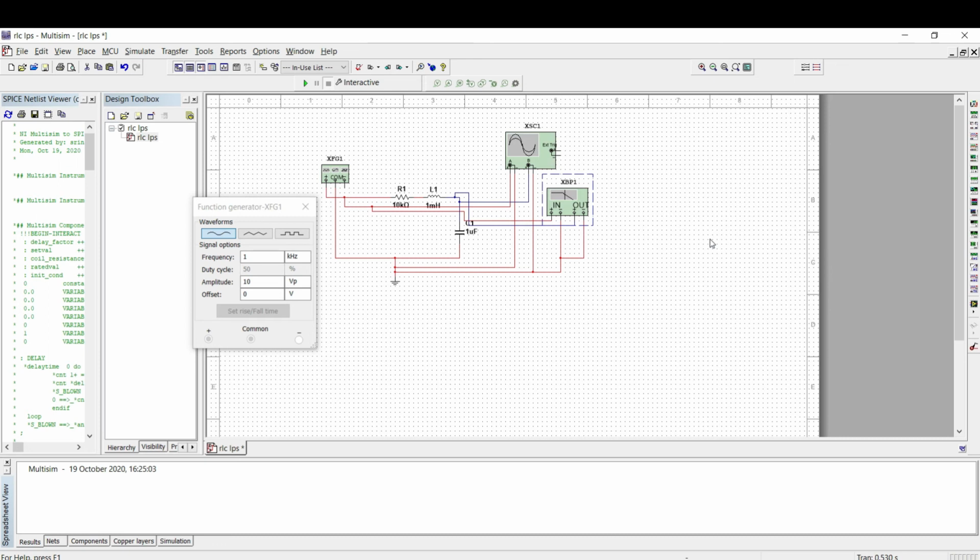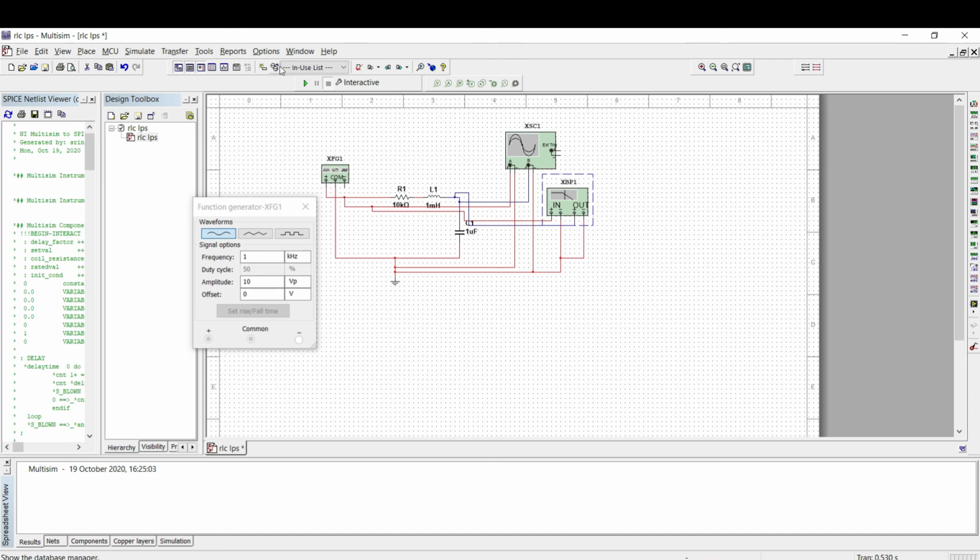You need to specify the cutoff frequency: fc is equal to 1 by 2 pi root LC. Here L is 10 power minus 3 and C is 10 power minus 6, so the product under the root is 10 power minus 9, giving root LC as 10 power minus 4.5, which means 10 root 10 into 10 power minus 5. So 1 by 2 pi into that gives approximately 9 kilohertz-scale value as shown. Okay, so in this way you need to calculate the cutoff frequency, and according to that you will get the result.